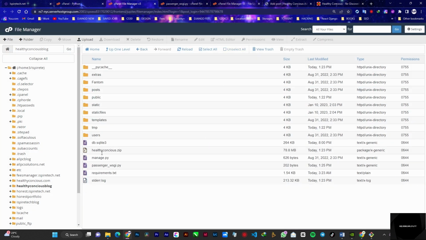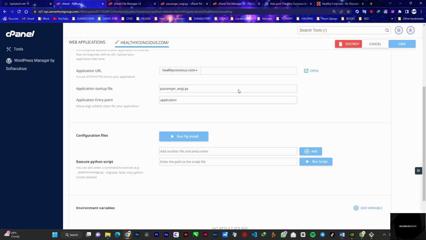So once all this is done, we are ready to host our application. We are ready to do the final configurations. The last step that we are going to take is to come back here where we have created our application, and what I want you to do is to proceed on to come to this line. So you are going to write this line,